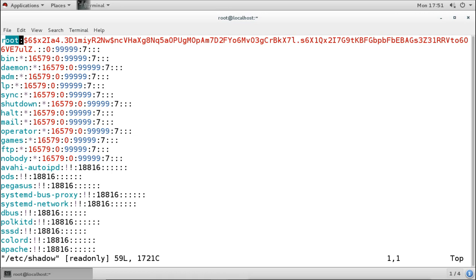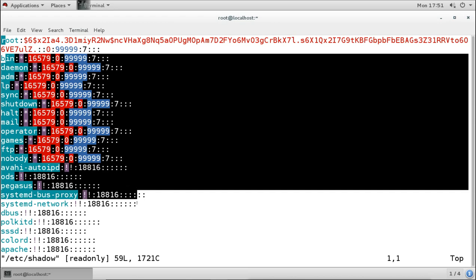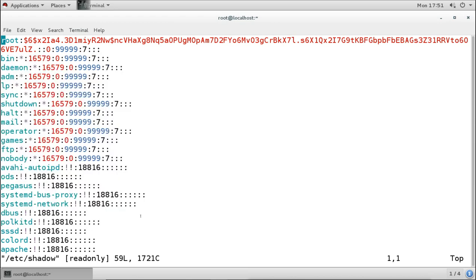Now when we see these system accounts here, they don't contain any password, and as I said, without a password no user can log in by default in our system. So these system users should not log into any interactive shell or terminal. For that they don't have any password here. They have other values: they don't have a password, they have a star value here.